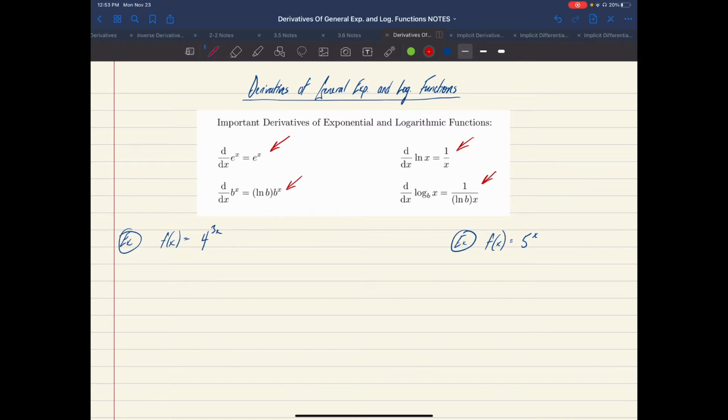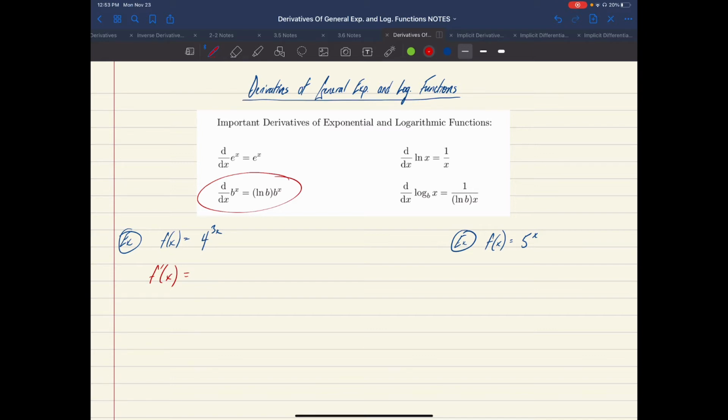So f of x is 4 to the 3x. Well, f prime of x equals. So what we're really looking at, I'm going to erase these marks, is this b to the x format. So we have 4, which is our base, raised to the 3x. So there is a chain rule application in here, but what we want to do is take the derivative of the outer function